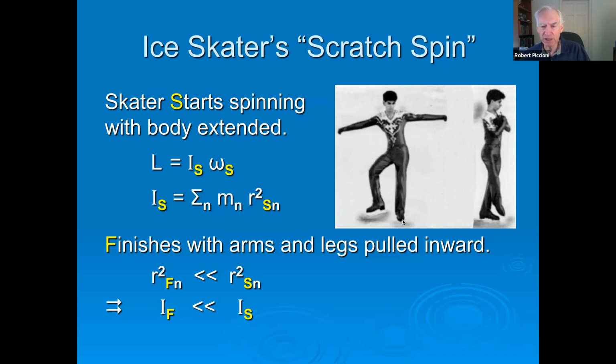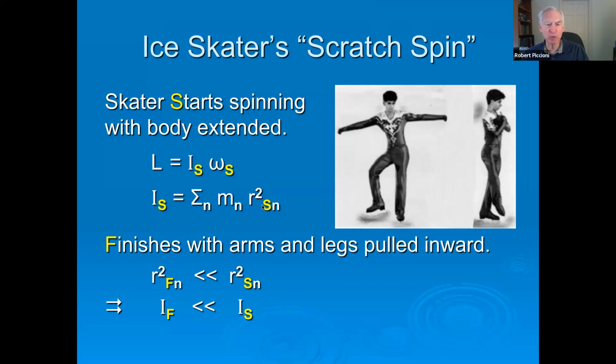So here's the axis of rotation. He's got his arms stretched out as far as he can. He's got his legs stretched out as far as he can without falling over. And then he pulls them all in. So he's reducing the R, right? And this is R squared. So if you cut R in half, you've cut R squared by a factor of 4. So since the R squared at the end, the finish, is much less than the R squared at the start,